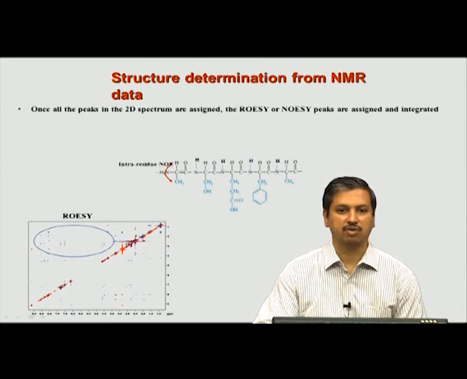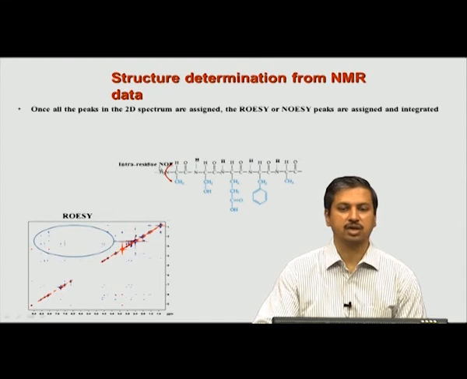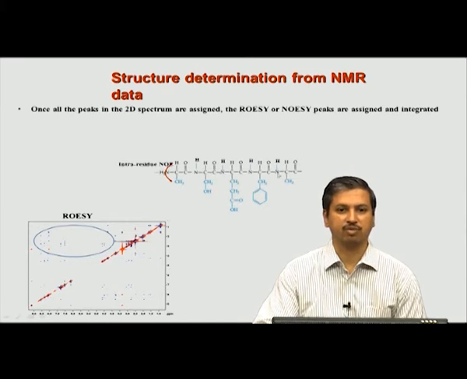So, suppose I see a chemical shift correlation between two atoms in a row that belong to the same amino acid. We use the term intra-residue NOE. This is one type of distance information you will get, and in every amino acid you will have intra-residue NOEs. Now, the second type is between neighboring residues.